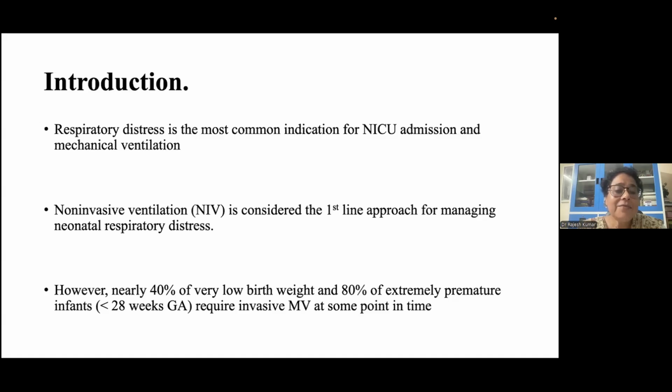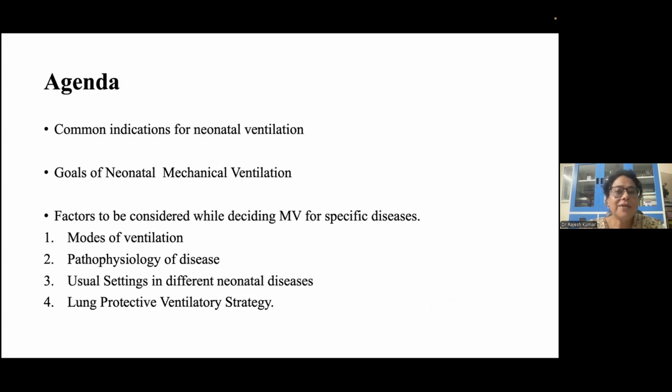And nearly 40% of the very low birth weight babies, as well as 80% of extremely preterm babies who are born before 28 weeks of gestational age, ultimately require invasive mode of ventilation at some point of time during their NICU stay. So in today's discussion, we'll shortly discuss regarding the common indications for neonatal ventilation,